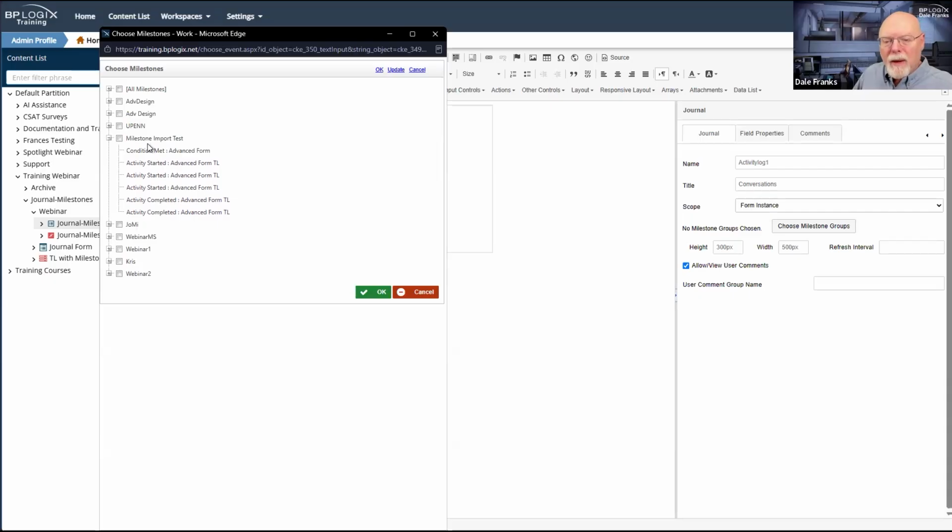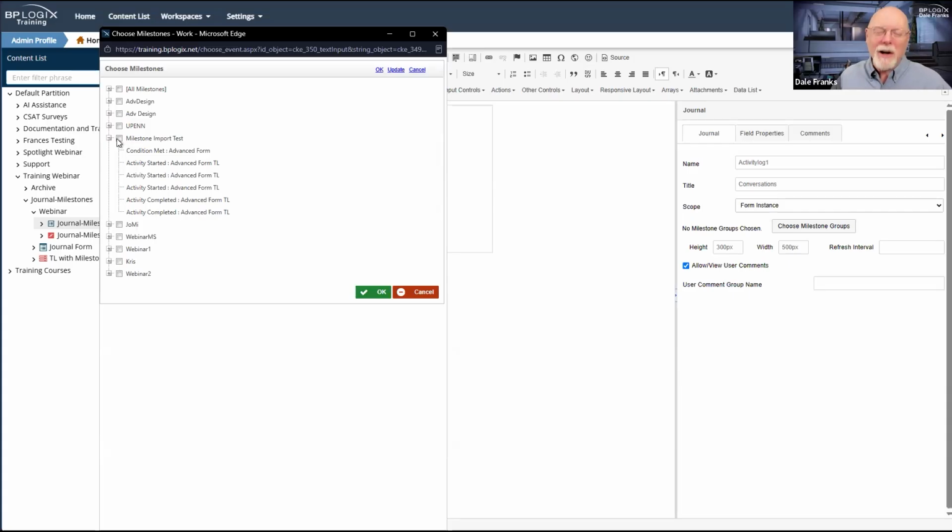And so I can specify the milestones that I want to appear on a form whenever I get around to creating milestones by picking the milestone group that I want to display on the form. So really, I'm kind of doing things backwards. We're actually looking at the control and we don't really have any milestones built. But in the real world, you're probably going to want to build your milestones first before you put the control on the form. On the other hand, building the form is probably the first thing that you do.